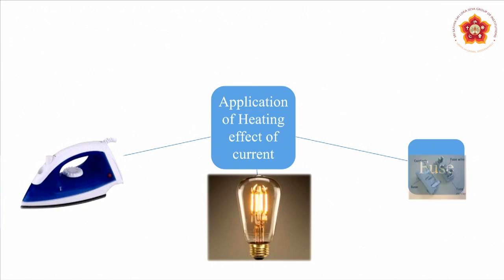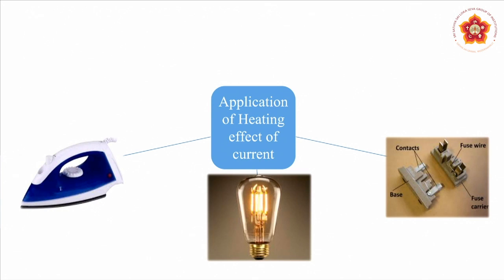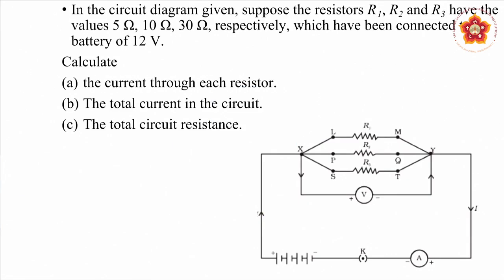Similarly, the fuse. The fuse has altogether a different purpose. It should have a low melting point so that if any excess current passes, more than the desired current, it melts and breaks the circuit. So the tungsten filament of the bulb has a different melting point and a different resistivity. Similarly, the wires used in the fuse should have a different melting point, and their resistivities and resistances are different. These are the few applications we discussed in the last class.